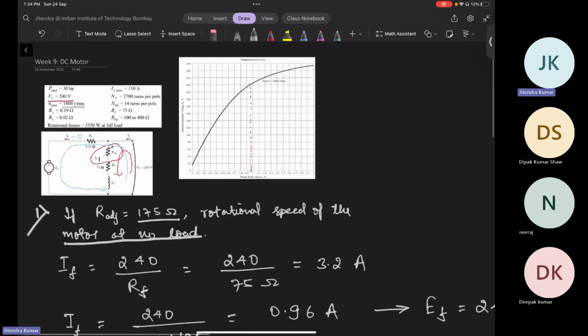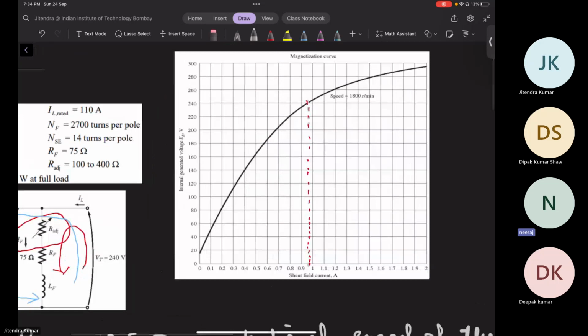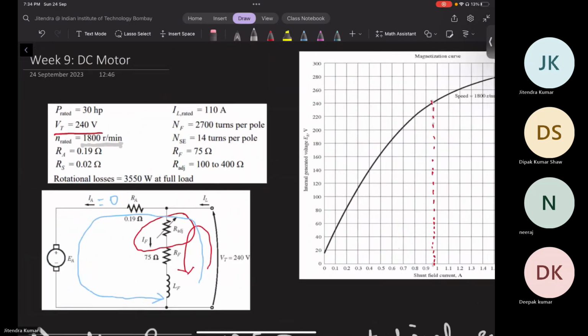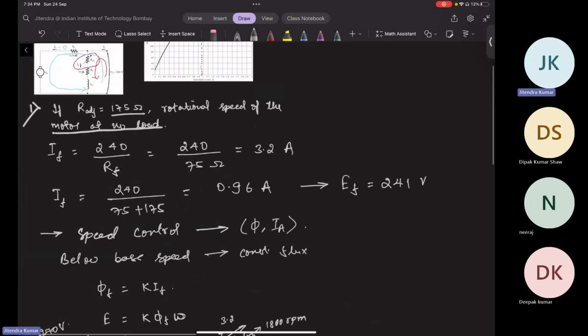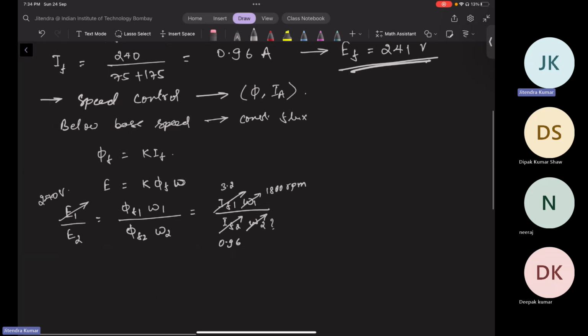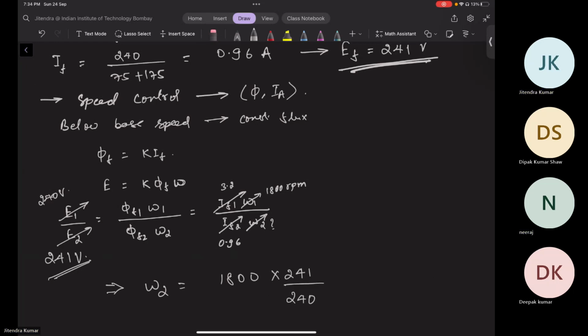Sir, here E2 we have calculated as 241. Actually we have calculated E2, right? According to it, yeah, so that is 241. Thanks for pointing it out. 241 volt, so very minor change. Now we can compute omega 2. So omega 2 will be 1800 into 241 divided by 240. So it will be equal to,